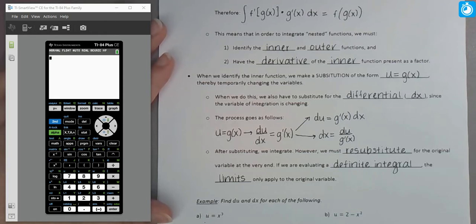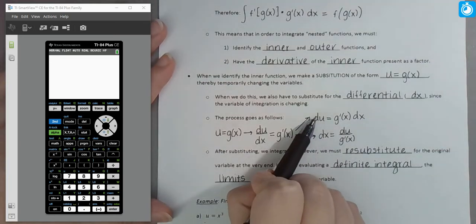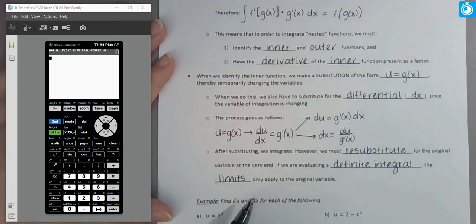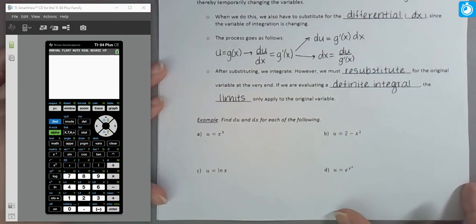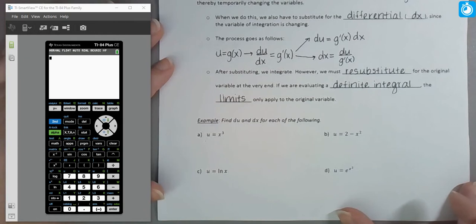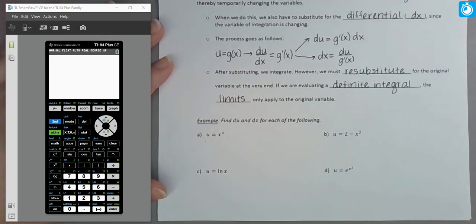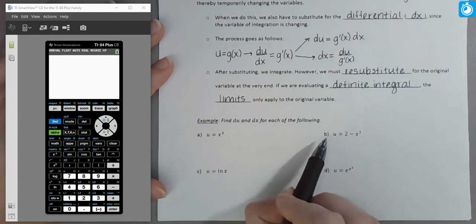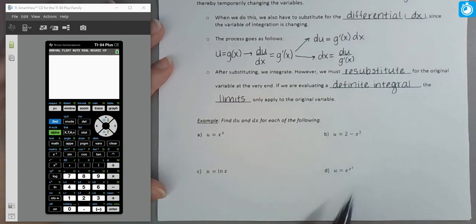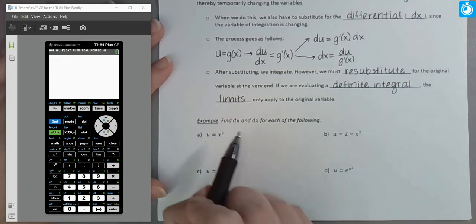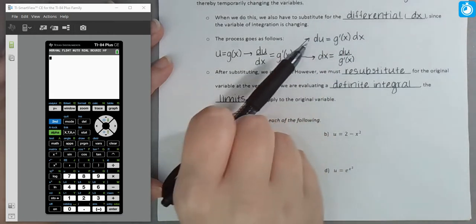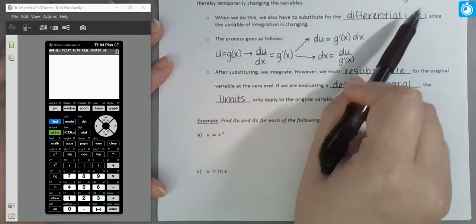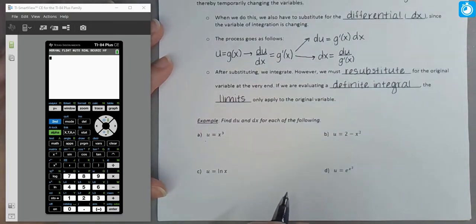So before we go through the whole procedure, let's just work on finding these two values, the expression for du and the expression for dx, involving a few different functions. Okay, so imagine we determined what we were going to substitute. So we have a nested function, f of g of x. We found the inner function, we found the outer function, and we're making a substitution for our inner function. We have 4 different substitutions. So based on that, we want to find du and dx for each of the following. In other words, find the expressions that we could use to substitute for our differential and change our variable of